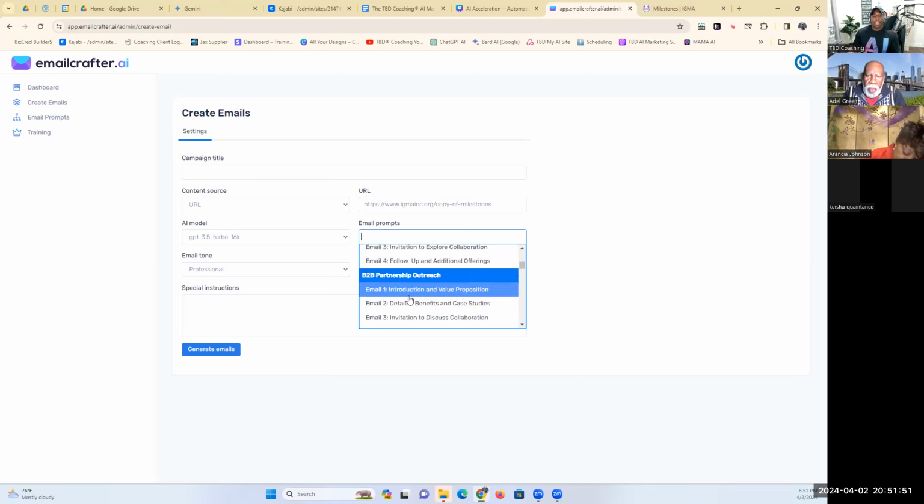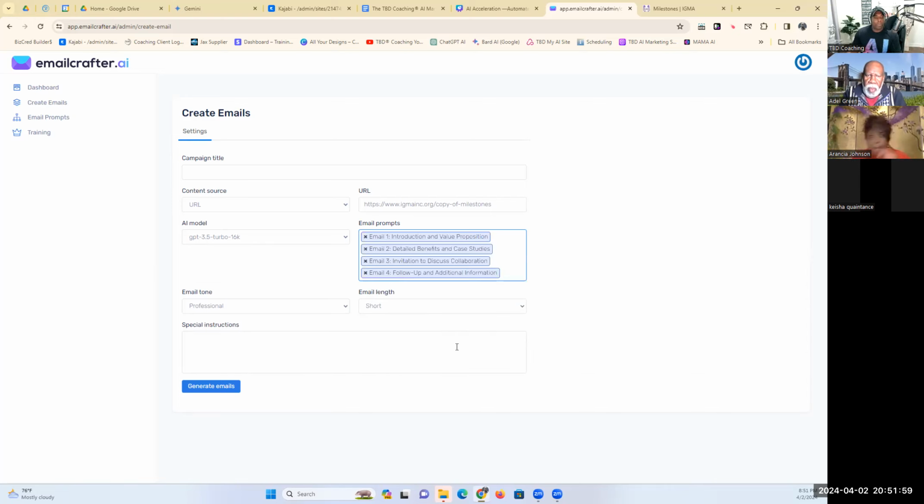And when I choose, now I can choose an individual email if I want. I can say, I just want to do email 1, or I can say B2B partnership outreach, and it's going to drop all of the emails from that sequence in there automatically, right? And then I can go over here and name that title. I'm just going to name it Dr. A campaign,